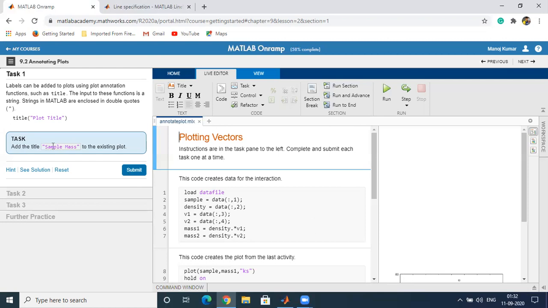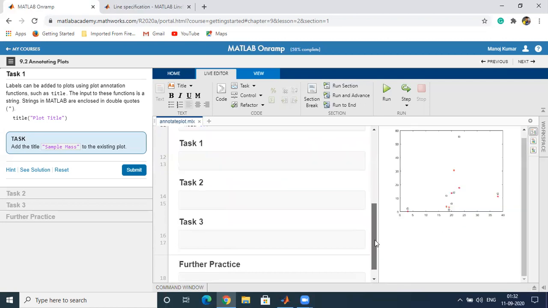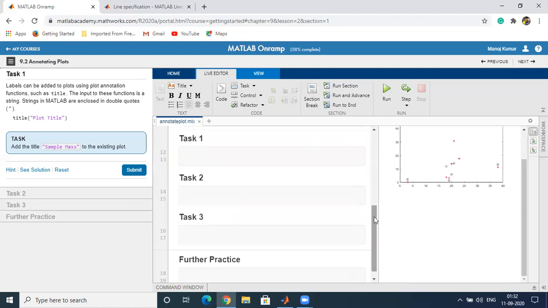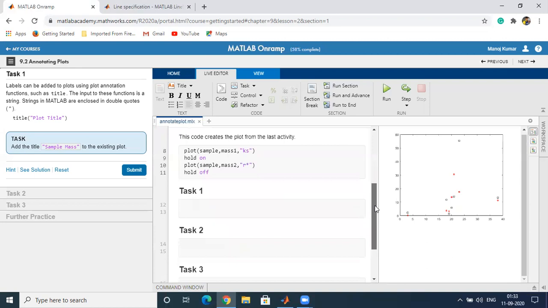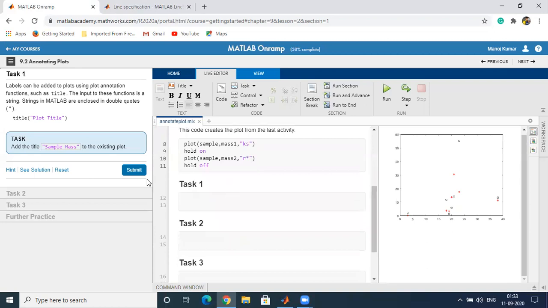Add the title sample mass to the existing plot. We have already given this plot. Now we have to add the label, sample mass, as a title.